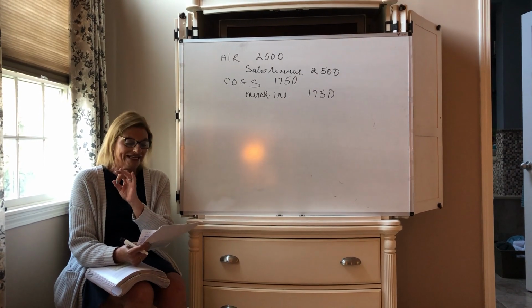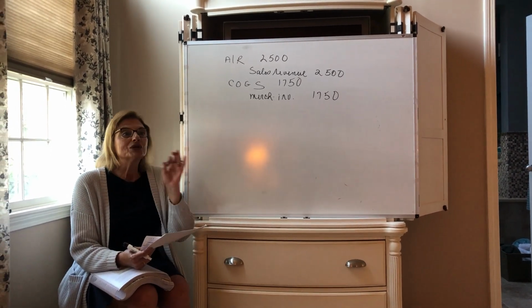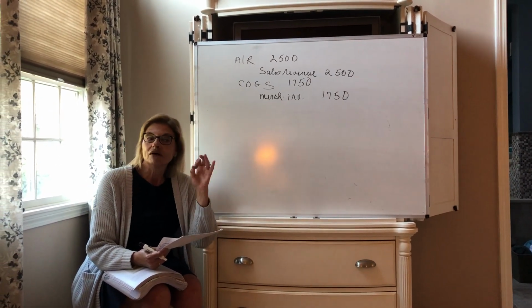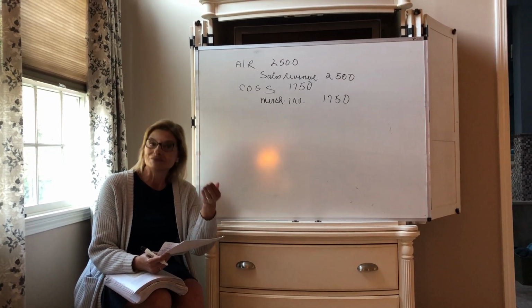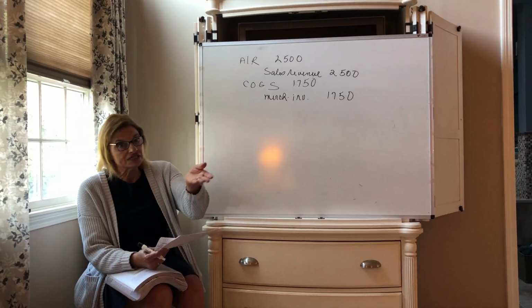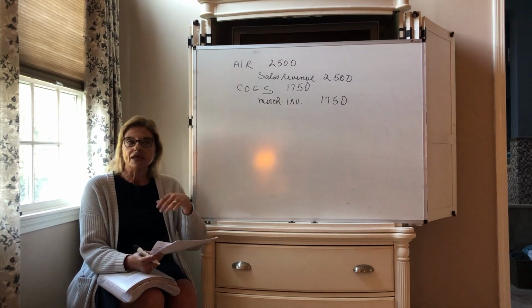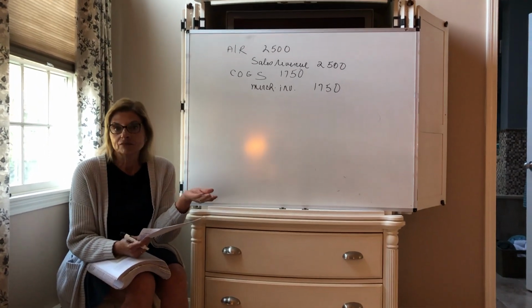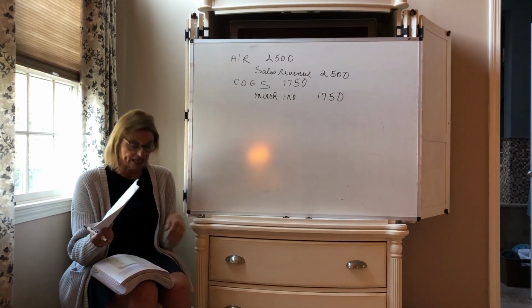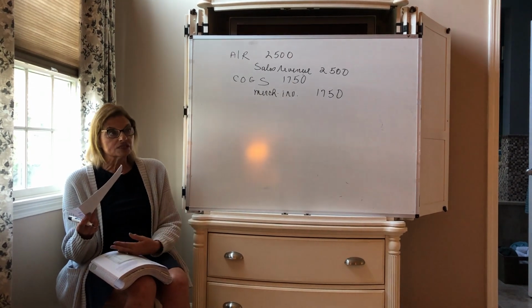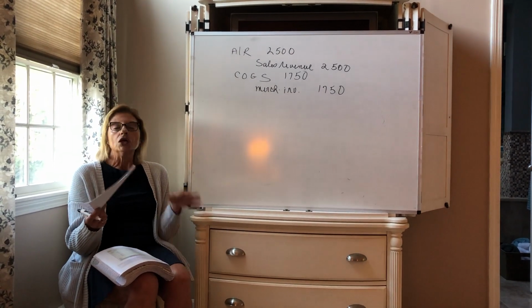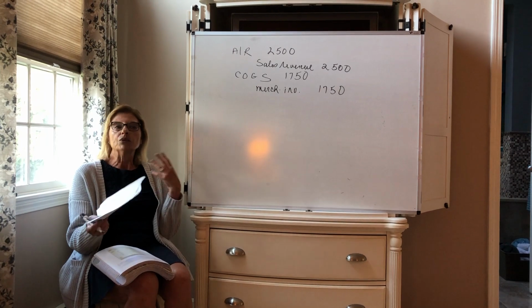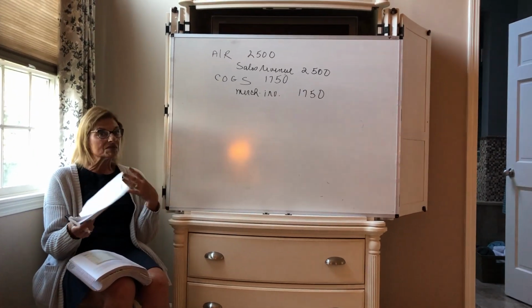I lost my train. We're going to see sales revenue, sales discounts forfeited for people that couldn't take the discounts or didn't make the time frame. They had to pay the whole thing. And we're going to see interest expense. What else would you see here? You don't have to worry about it right now. It would be gains or losses from selling